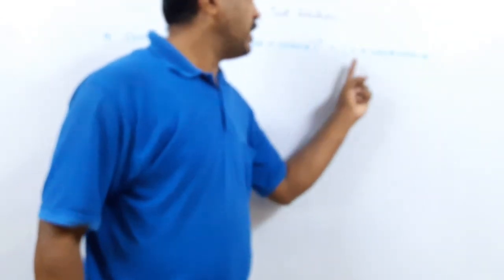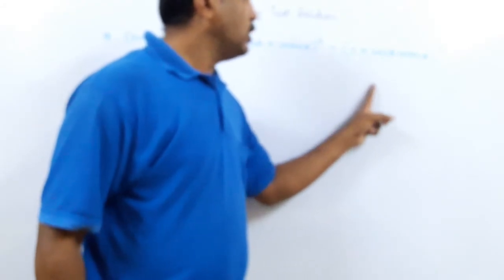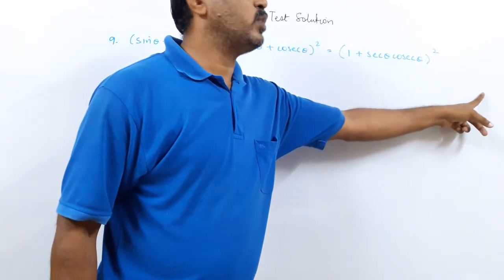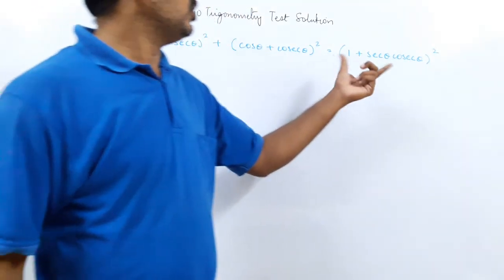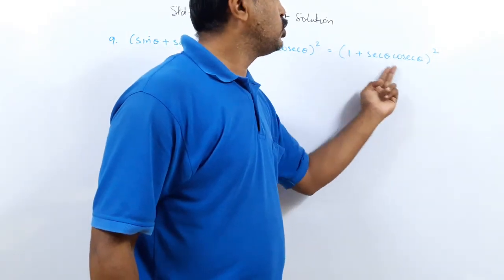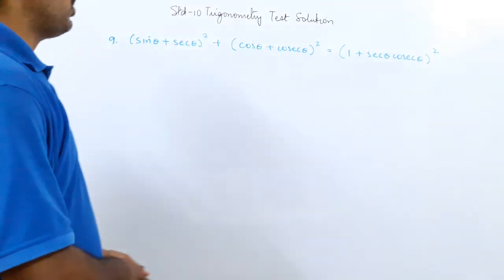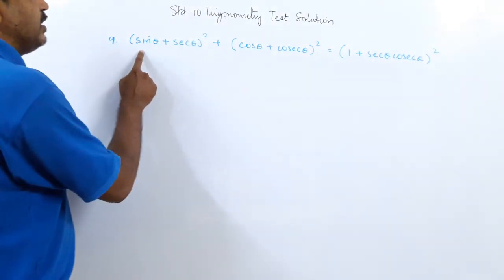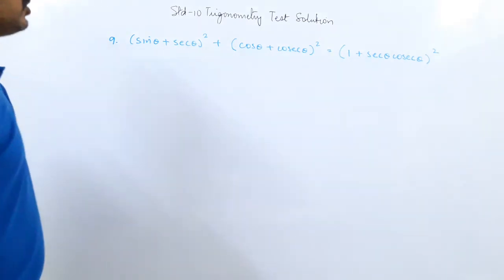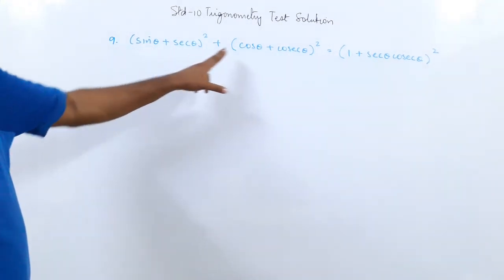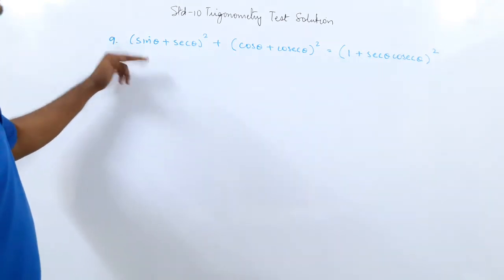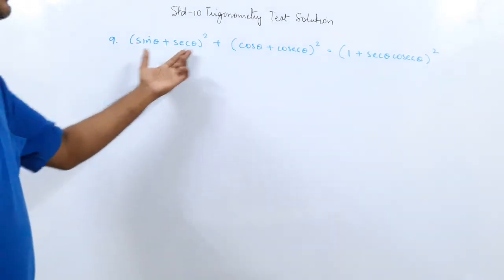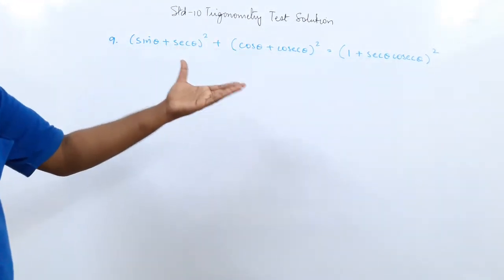Means to get this you have to get 1 square plus 2 into sec theta cosec theta plus sec square theta into cosec square theta. So first is the right hand side. To prove this you should get a square plus 2ab plus b square. Now here the sum is only in sec and cosec, and here the sum is in sin, cos, sec and cosec. So either we should convert the sin and cos into sec and cosec, we can do that also, or we should convert the sec and cosec into sin and cos, because to do the sum you will have to do something.